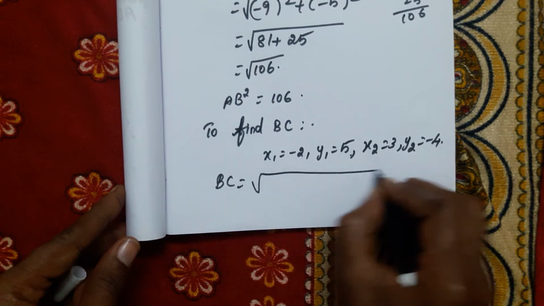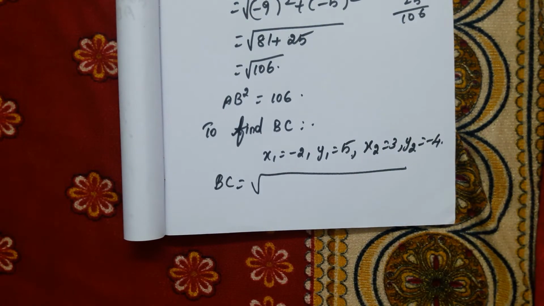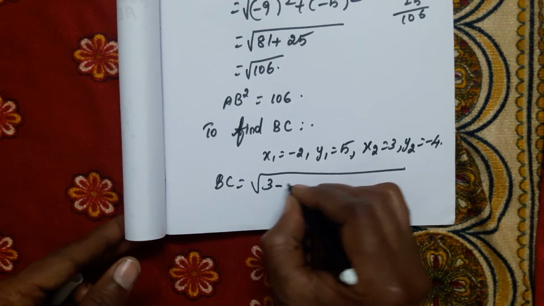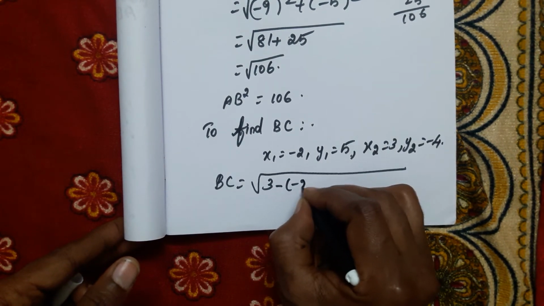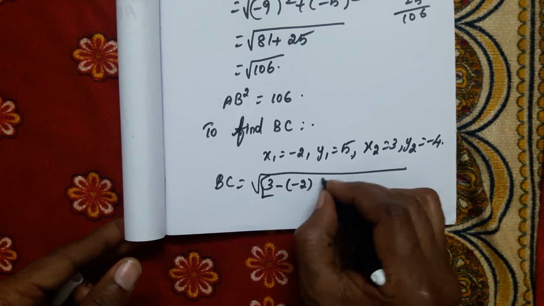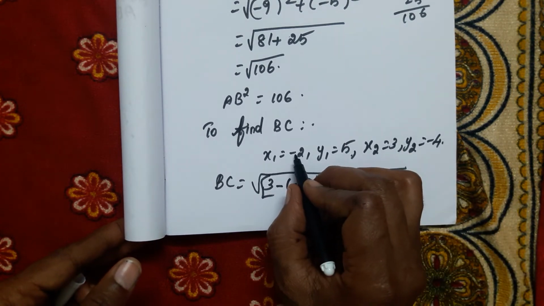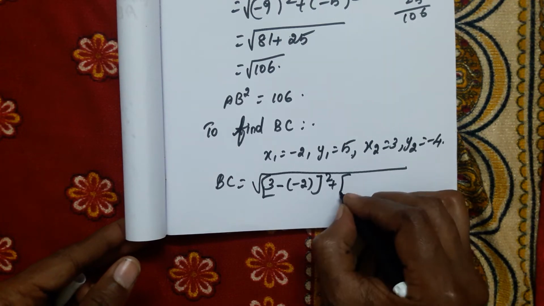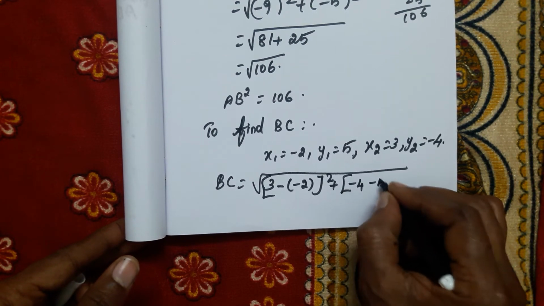BC is equal to root of (x2 minus x1) the whole square, means (3 minus minus 2) the whole square. Don't forget to write this minus of minus 2. Plus next (minus 4 minus 5)